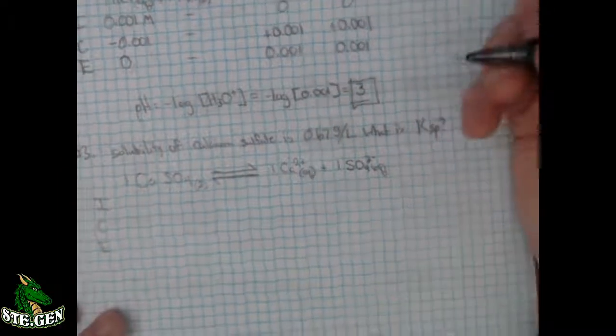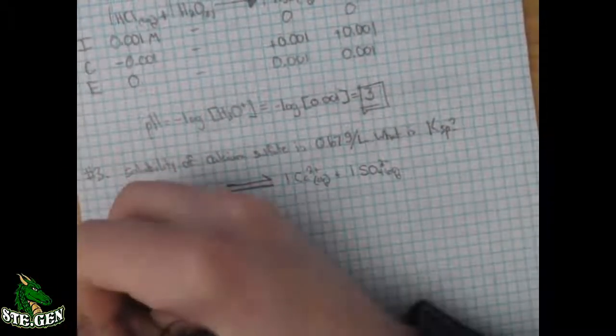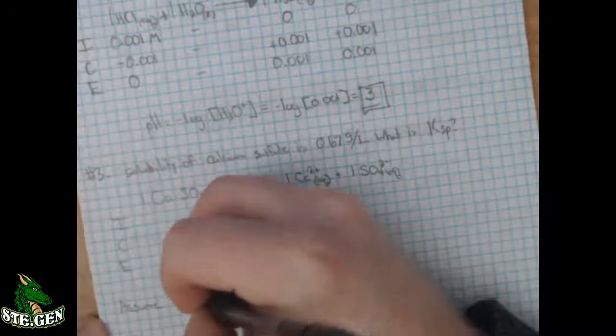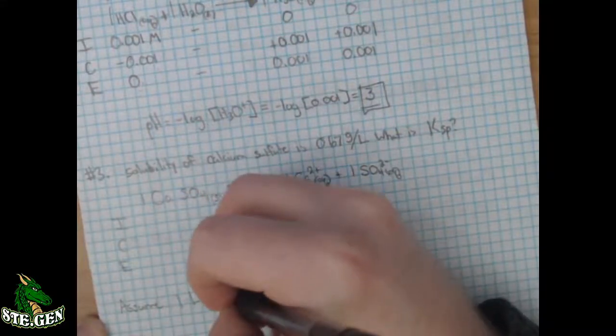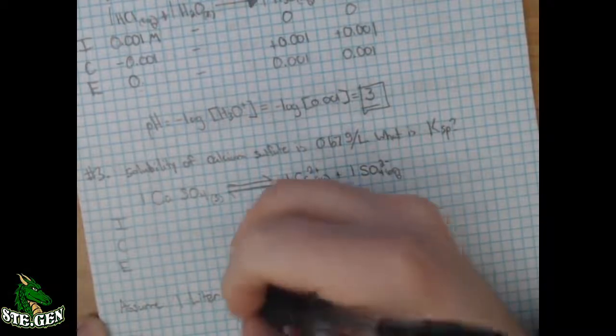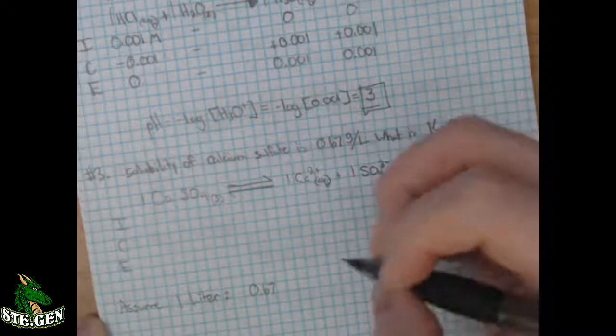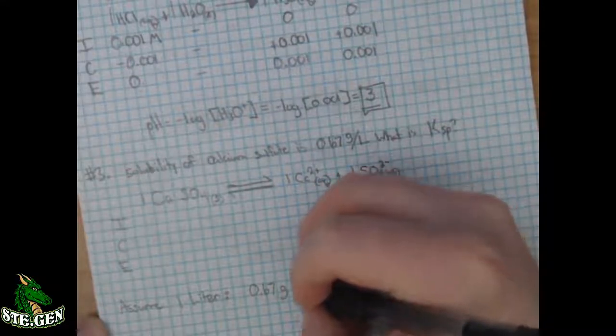But I will recommend, because I think it'll be easier, that we assume 1 liter. And if we do that, we now know that there is a total of 0.67 grams of calcium